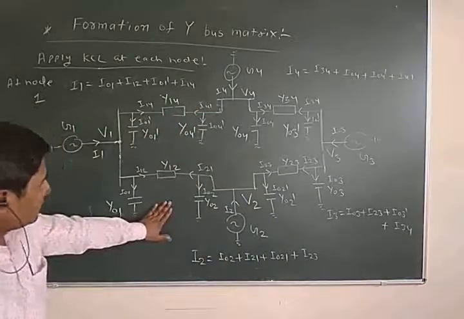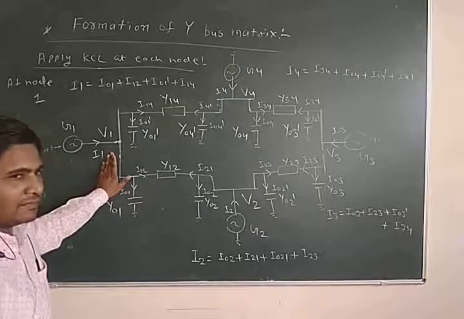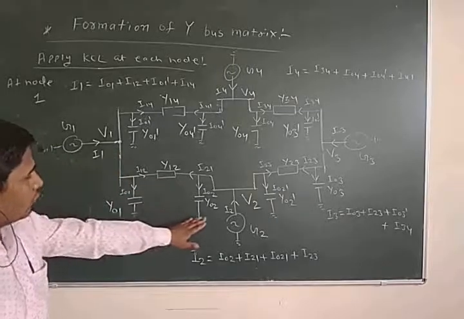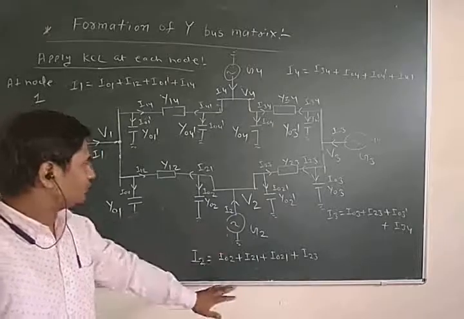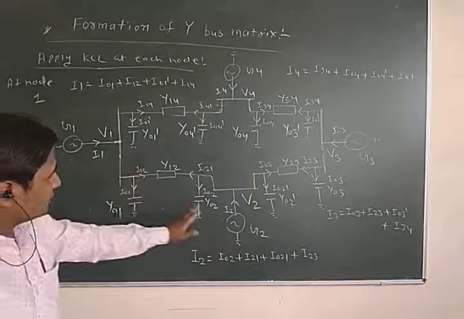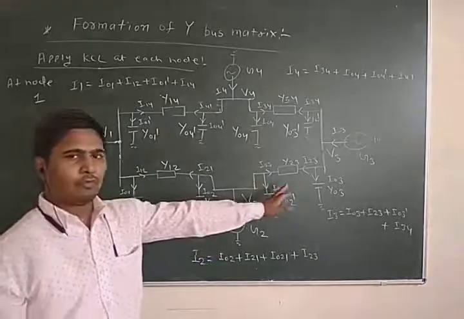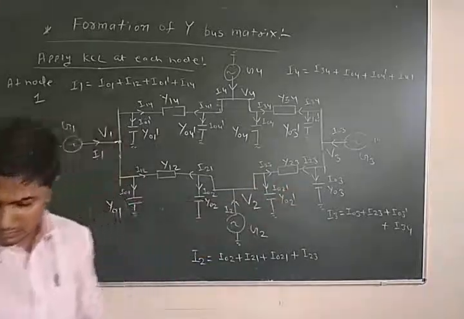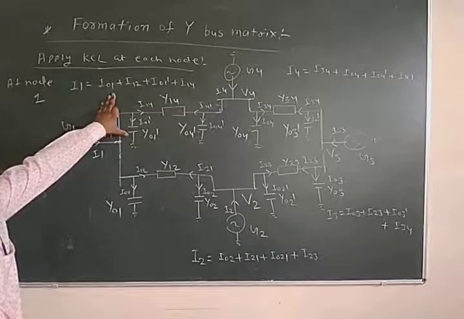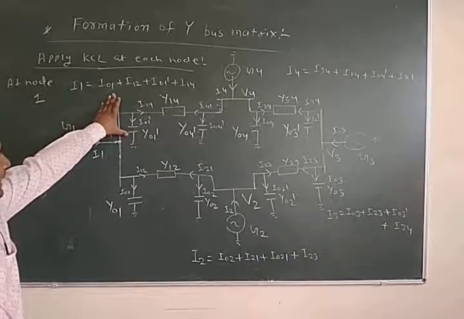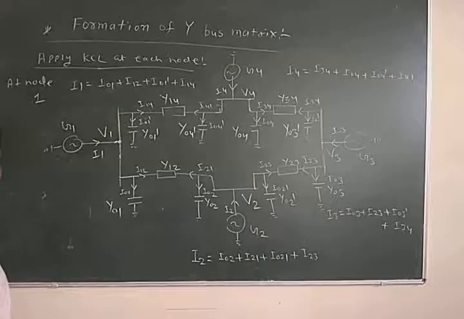So in this way, we apply nodal analysis at each bus. So we find KCL equations at each bus. There are total number of buses 4, so we find 4 equations. Now these equations we can write in the form of admittance. So we can write first